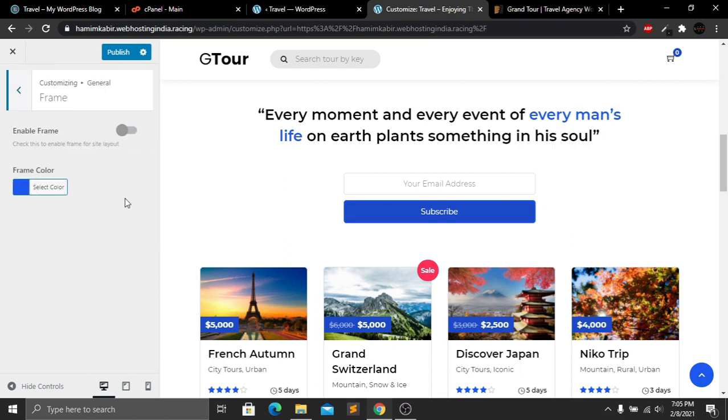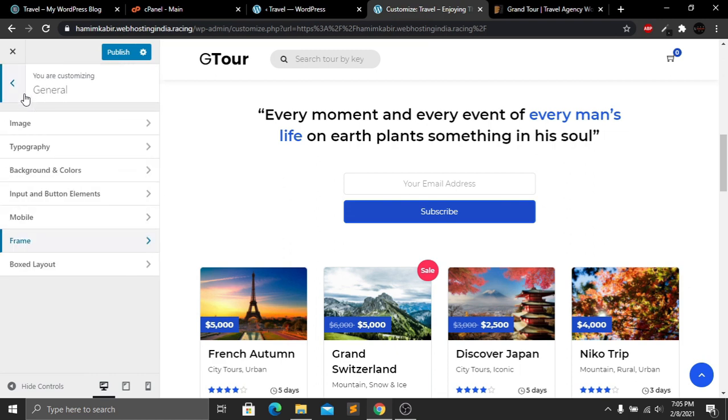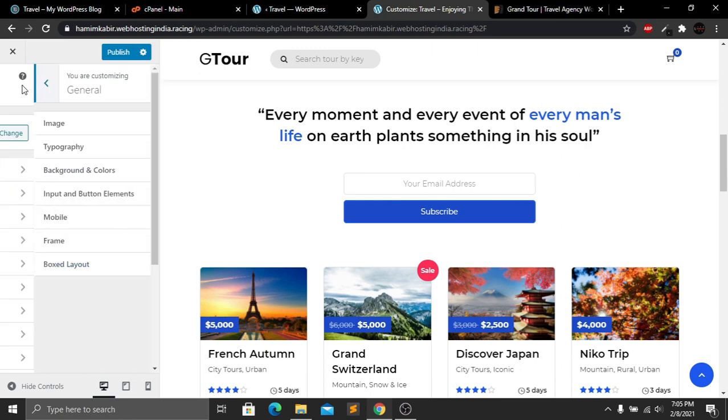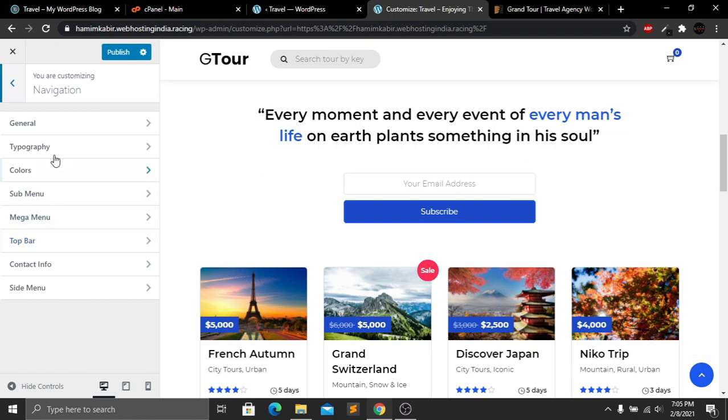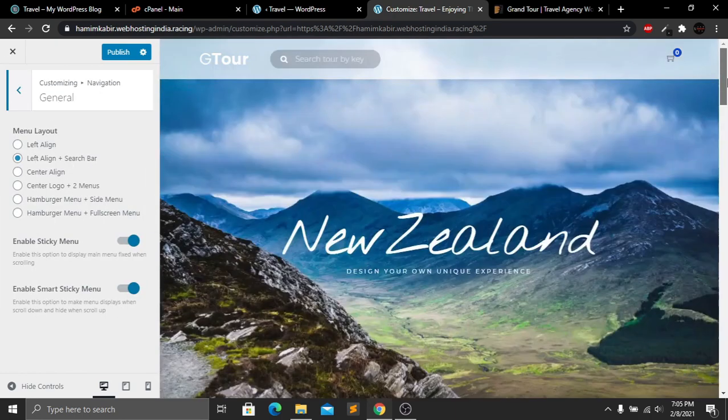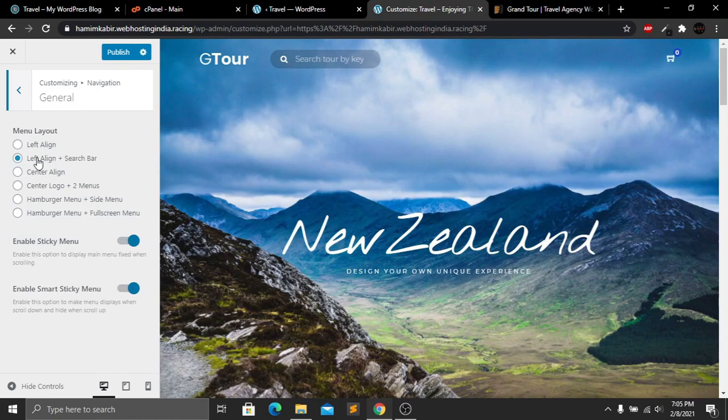Then we have our frame, but I don't want to change anything from this frame. Then box layout, and from here I don't want to change anything. Then we have our navigation, and in our navigation we have our general section. Here you can see that if we go to the top, here we have our left align,